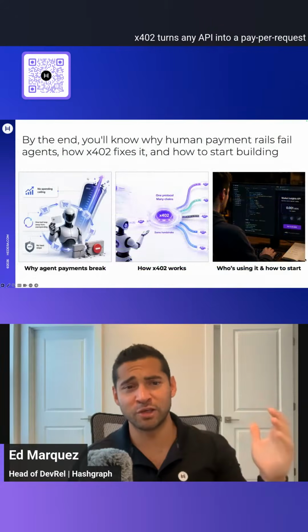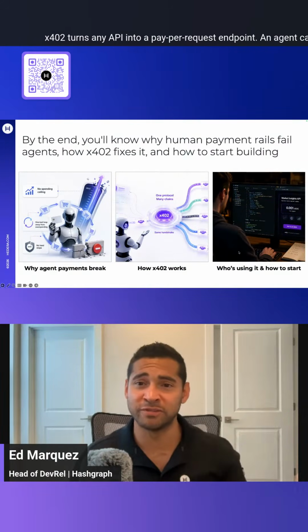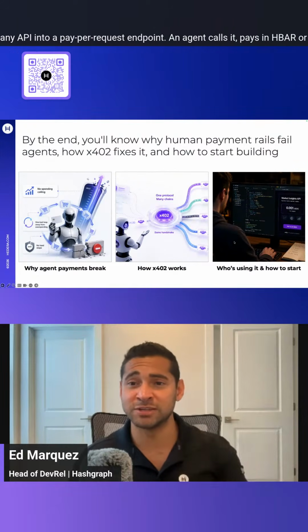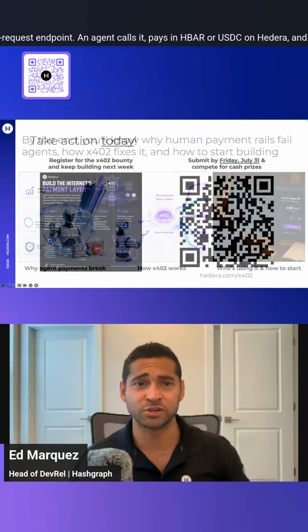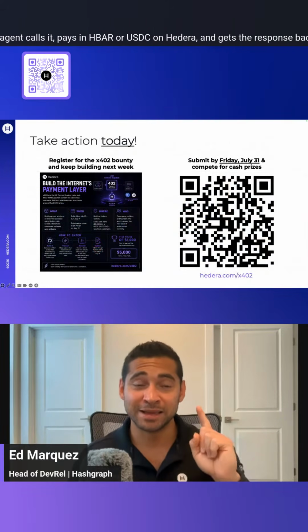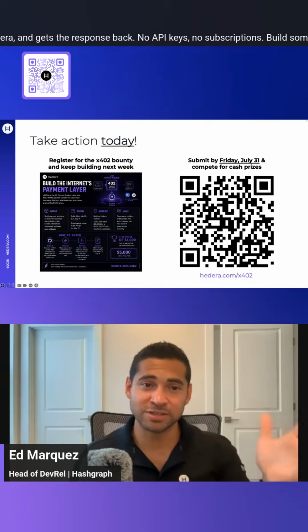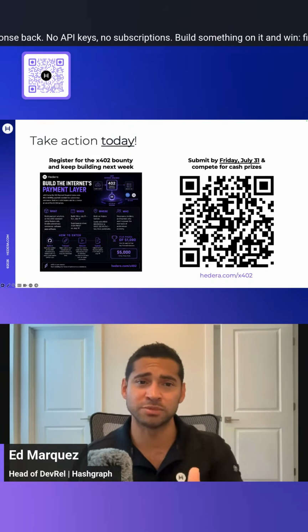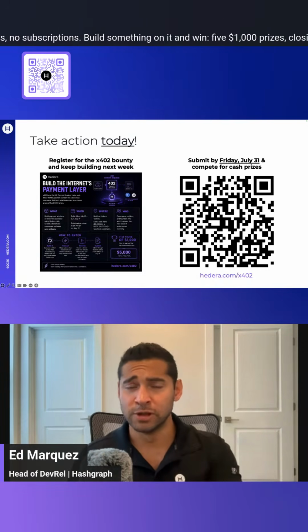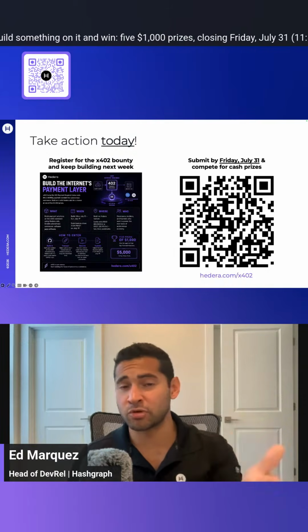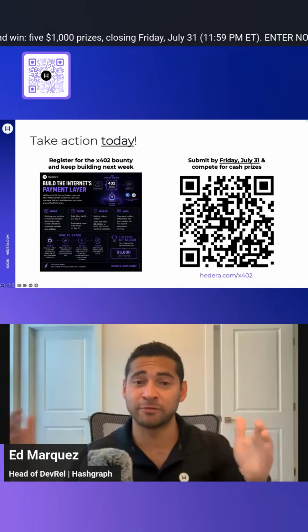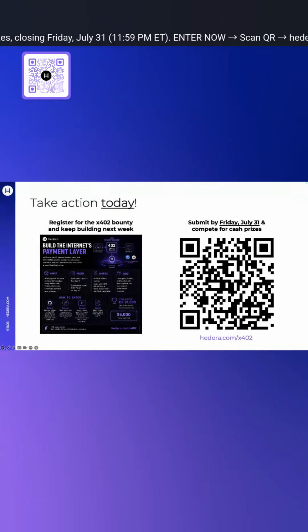All right, so now that we've gone through all these sections, I do want to leave you with some actions you can take today before we go into Narb's session. I want to bring up again that bounty that I talked about for x402. So you can register by scanning this or simply going to hedera.com/x402. And there you're going to see the requirements, the key information, and the timeline for the bounty. So you have until July 31st to build and submit your solution